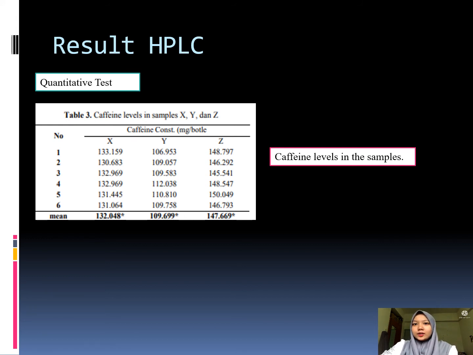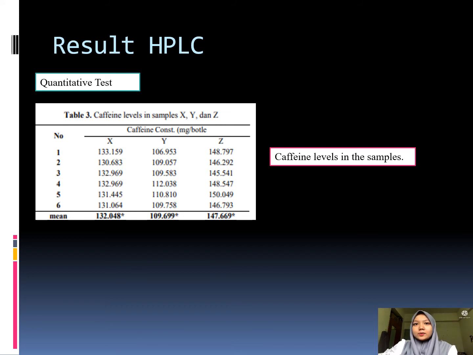For the third trial, the caffeine level for sample X is 132.969, for sample Y is 109.583, and for sample Z is 145.541. For trial number 4, the caffeine level for sample X is 132.969, for sample Y is 112.038, and for sample Z is